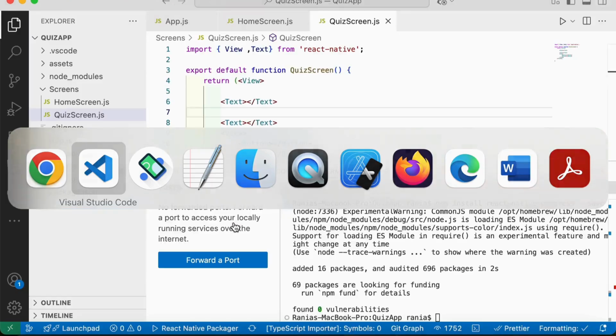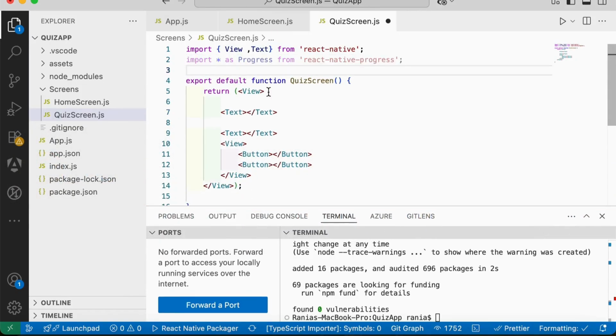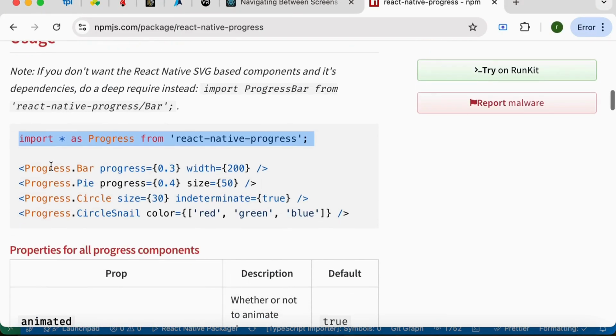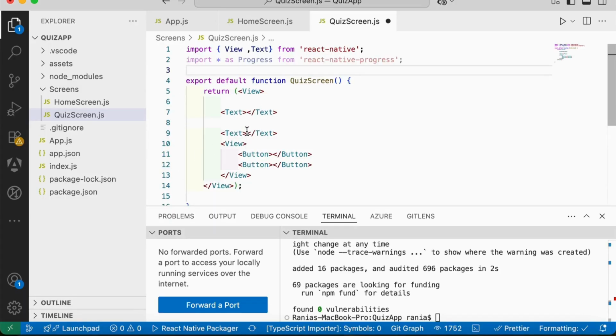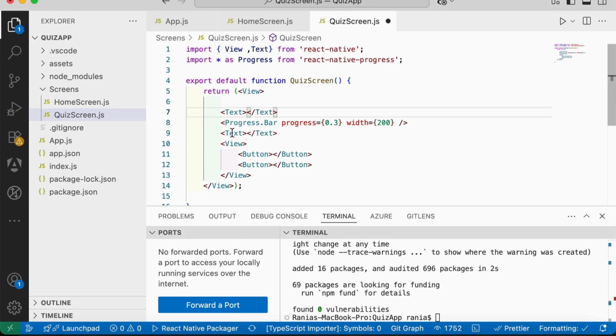available within this package. So I will copy the import statement, add it in here, and then because I need to work with the bar, I will add this one. So my bar will be between the text and the two texts that include the percentage. This percentage will definitely be later a value that represents the real process,